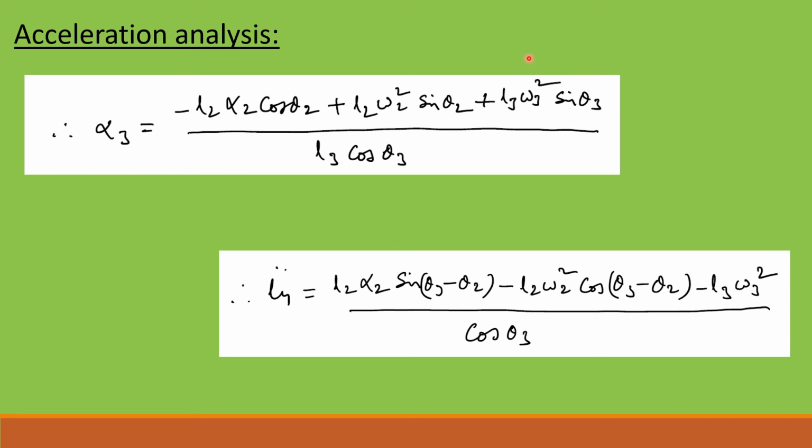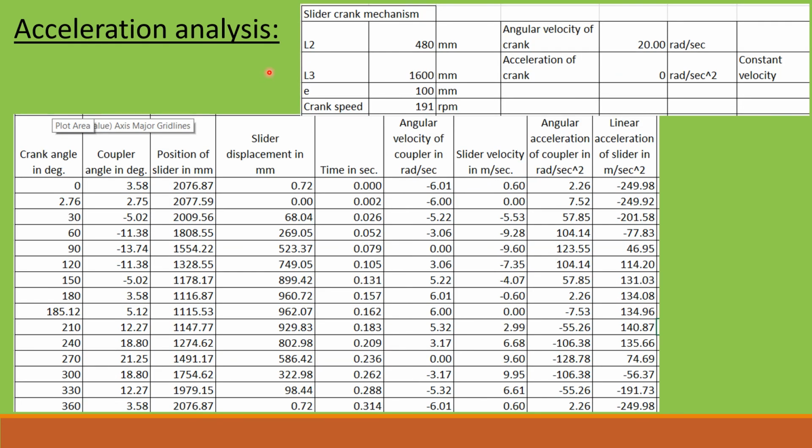After having derived equations for angular acceleration of coupler link and linear acceleration of slider, let us solve a problem using Microsoft Excel in the next slide. In this problem, we have L2 crank length equal to 480 mm, L3 coupler length equal to 1600 mm, offset E equal to 100 mm, crank speed 191 rpm, that is converted to angular velocity of crank, that will become 20 radians per second. And here we have taken acceleration of crank 0,